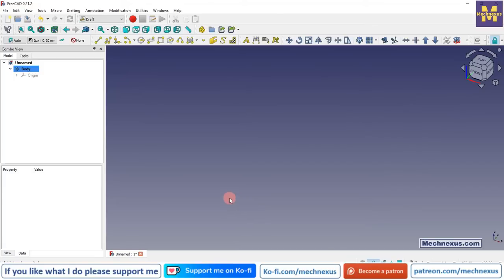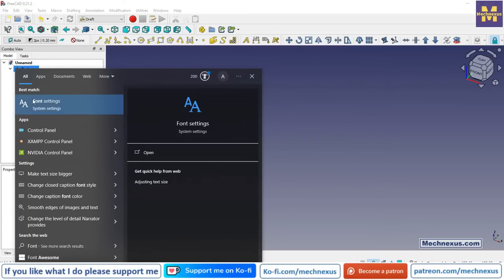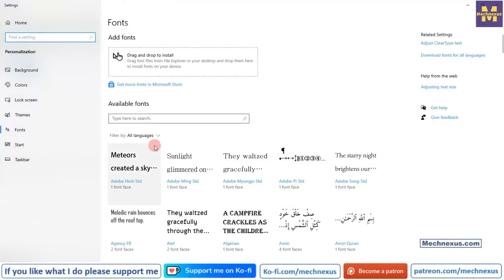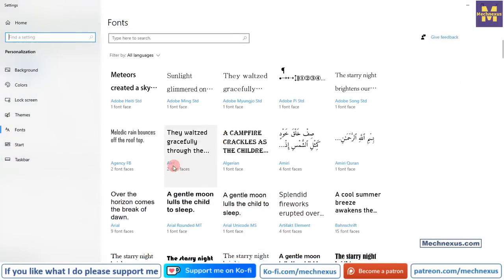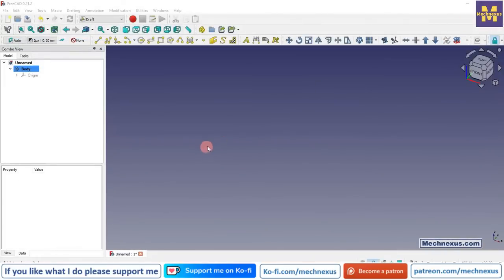off my grid. So first thing here to know is that you have to understand about the font installed on your system. So if you are using the Windows operating system, go to your search bar and search for the font, and here you will see the font setting, and here are the fonts. For example, let's check this font. So location of your font is C Windows fonts, so we will use this path,